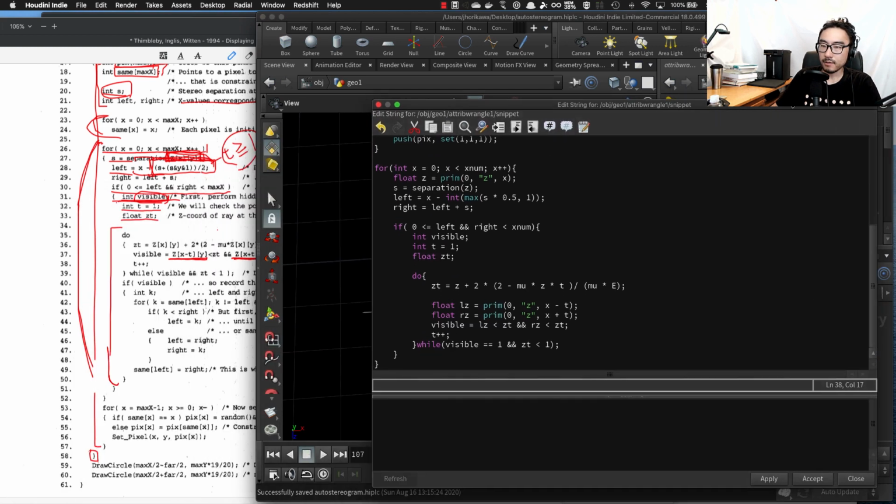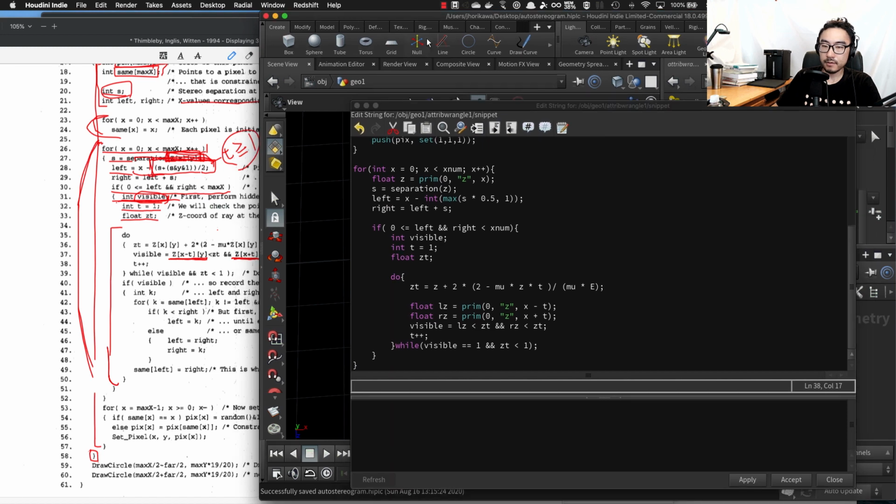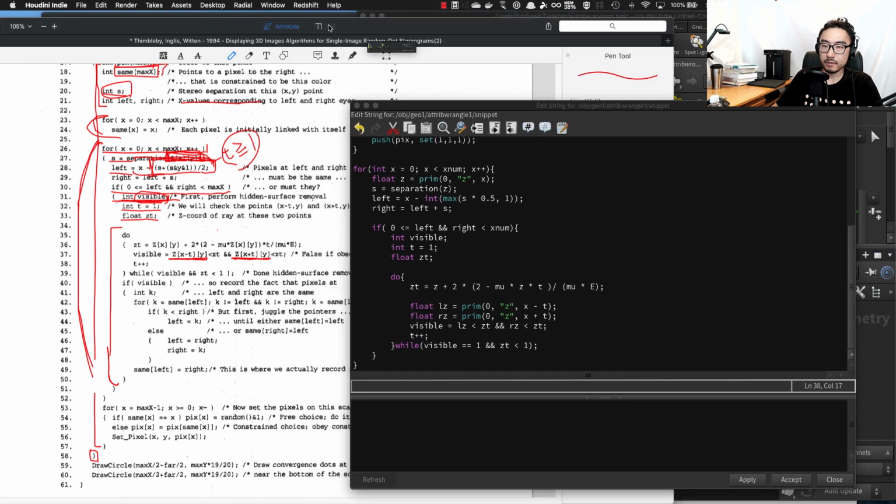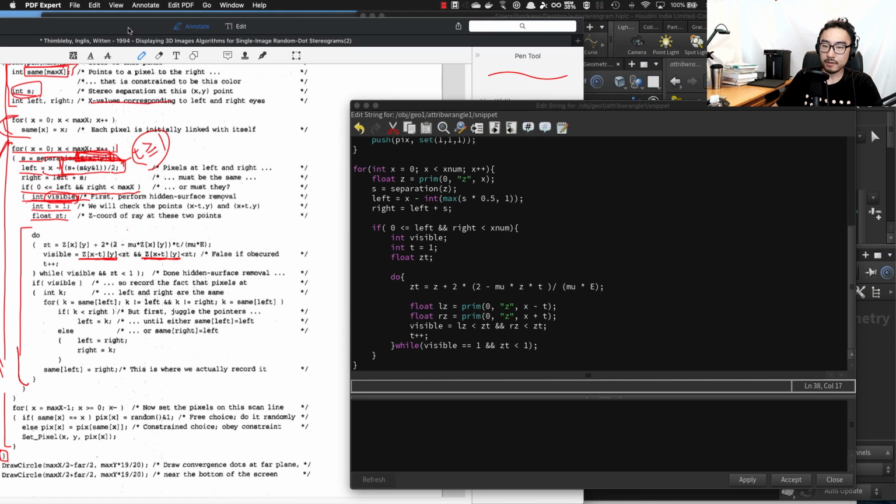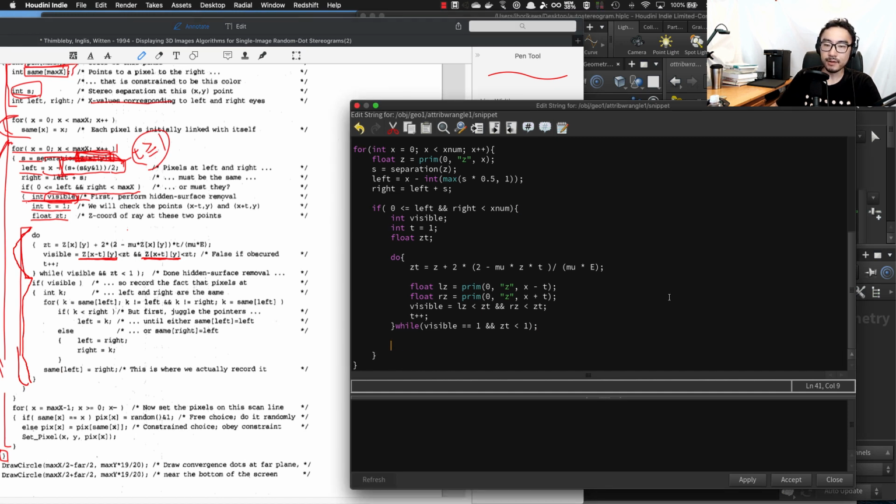Okay, let's bring this a bit to the left. Now I have implemented this code. Now it's time to check if the visible is equal to 1 or equal to 0. If visible is equal to 1, then the point that you're looking at can be seen. So if visible, then